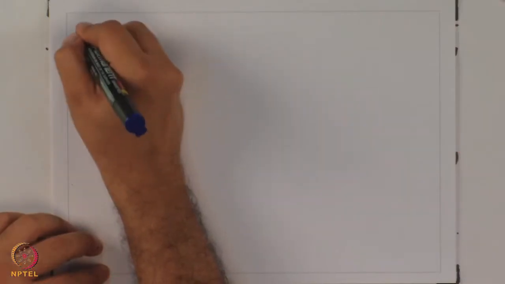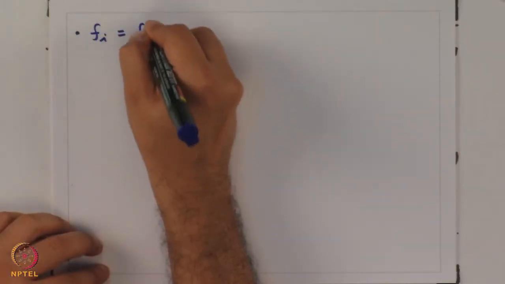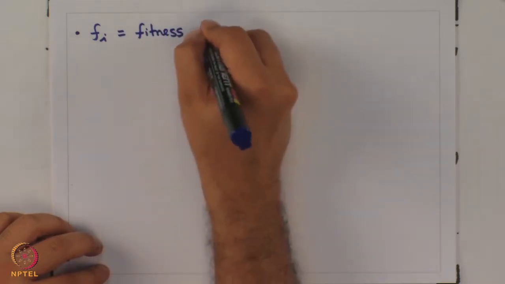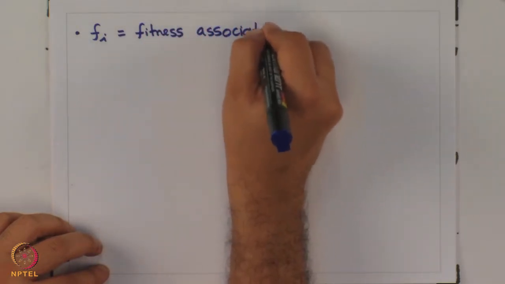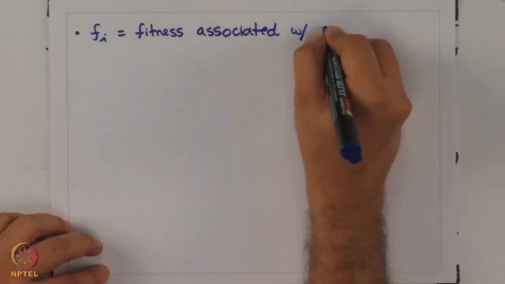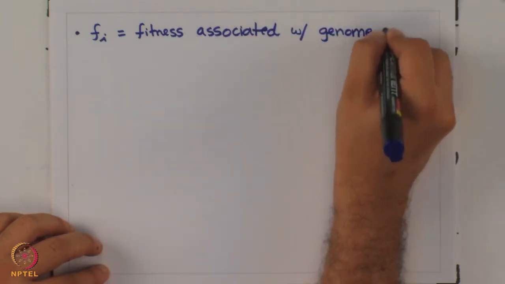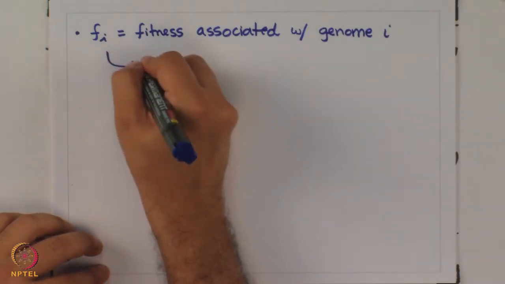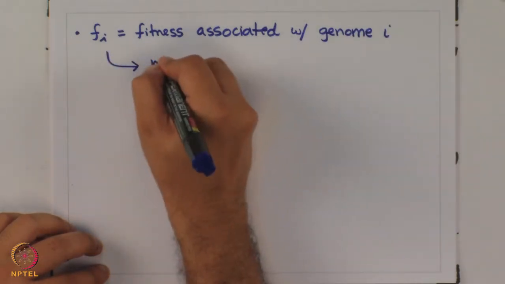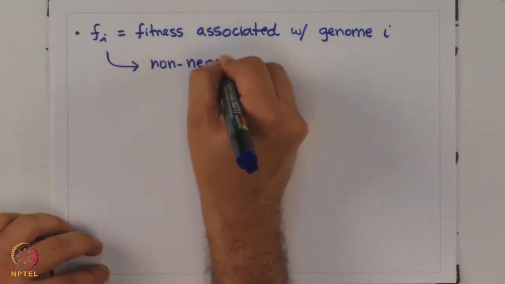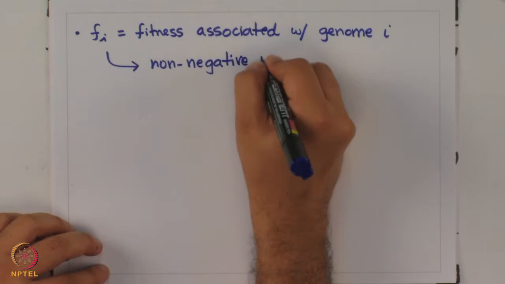So, all n genotypes are growing at growth rates which are distinct from each other, and each has its own growth rate associated with its particular genotype. So, we will define that as Fi, let Fi be the fitness associated with genome i. Now, Fi, because it is a fitness growth rate, is a non-negative real number,